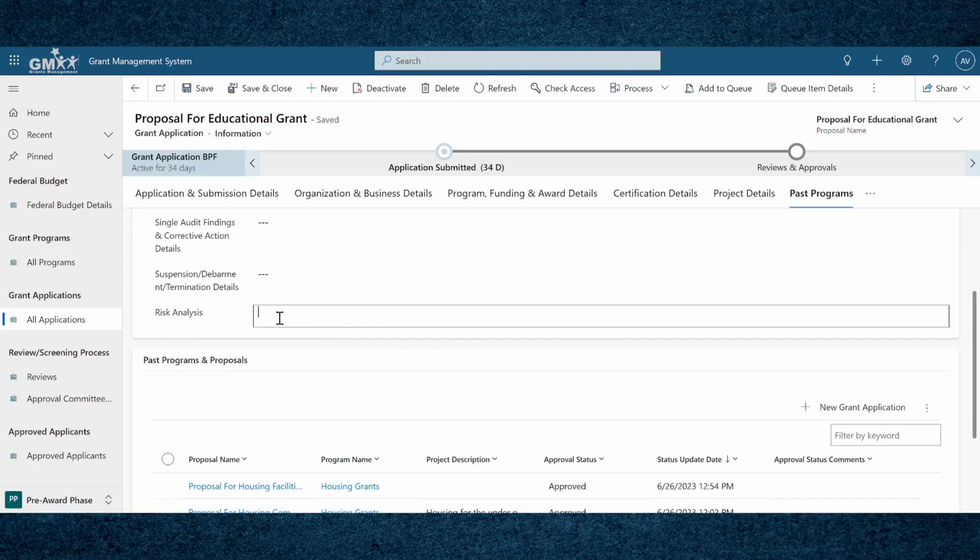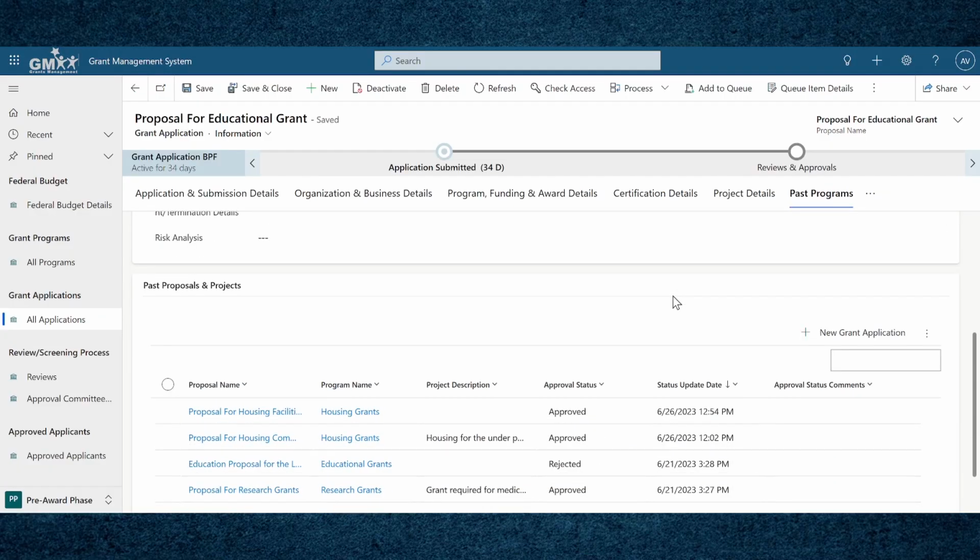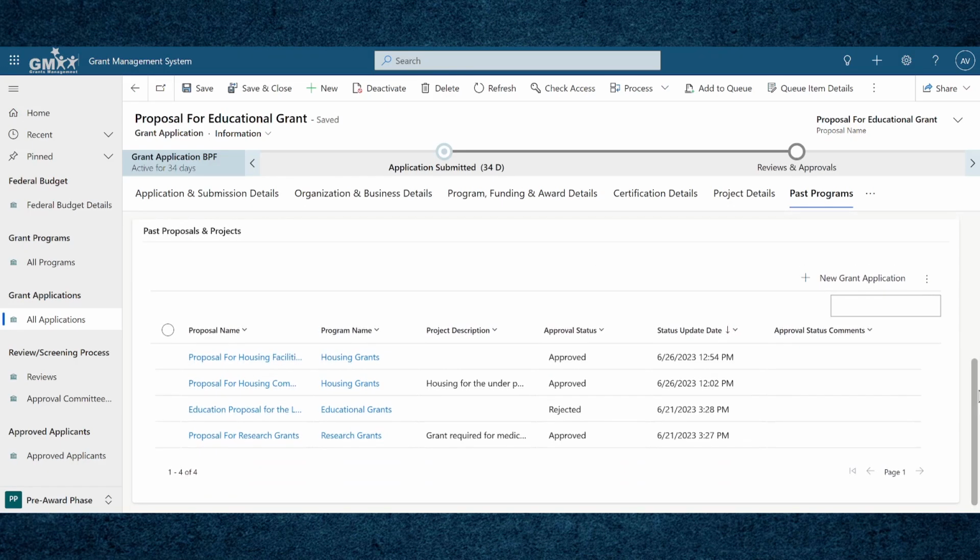So moving on to our next tab, risk analysis. Here we have multiple sections, and most of these sections are related to an organization's past performances and experiences with them when they had undertaken projects. The first section, that is risk checks, consists of 4 yes or no choice fields.